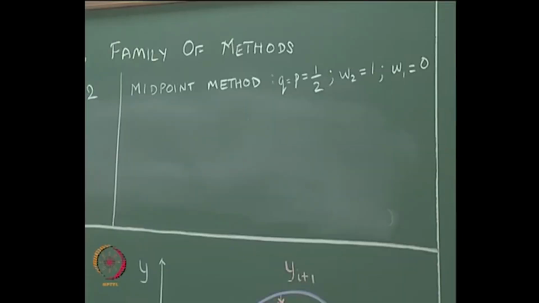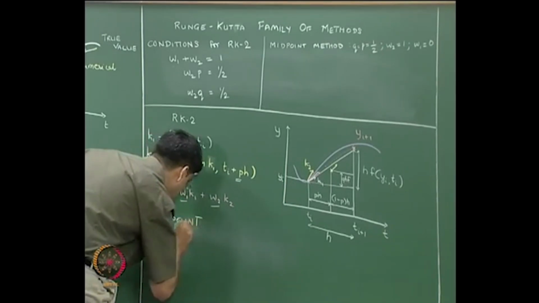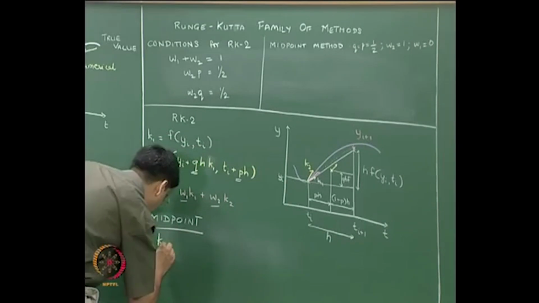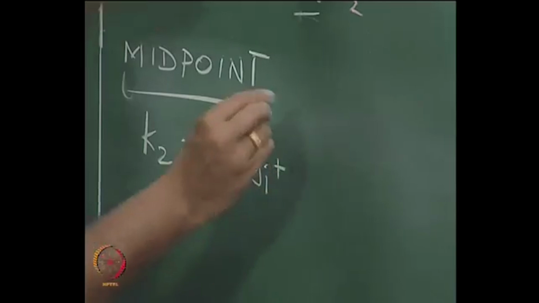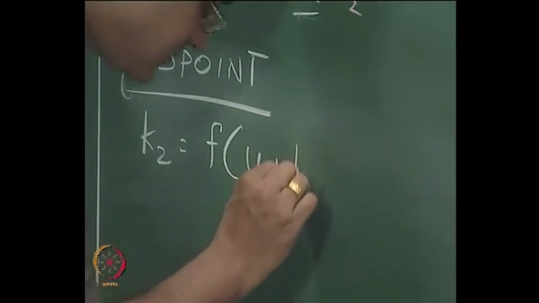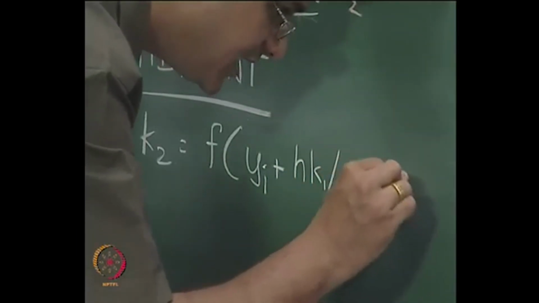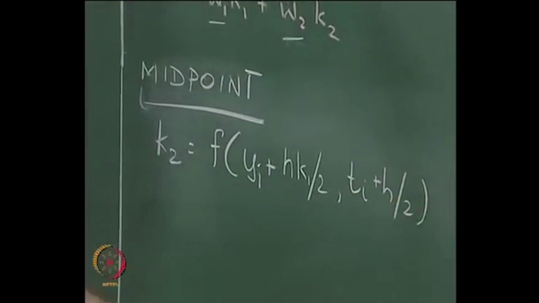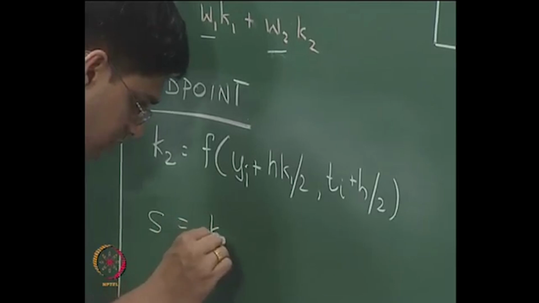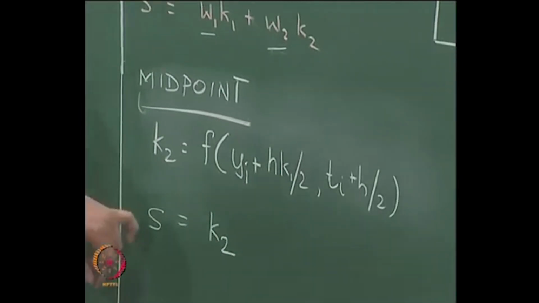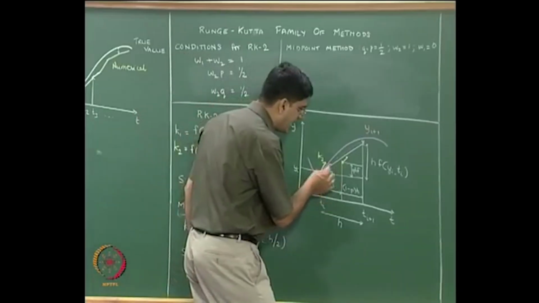So I will write down the expression for the midpoint method. K2 is f of Yi plus h k1 by 2 comma Ti plus h by 2, and S is going to be equal to K2, okay. So the slope that we will use for the midpoint method is nothing but the slope that is computed at the midpoint,